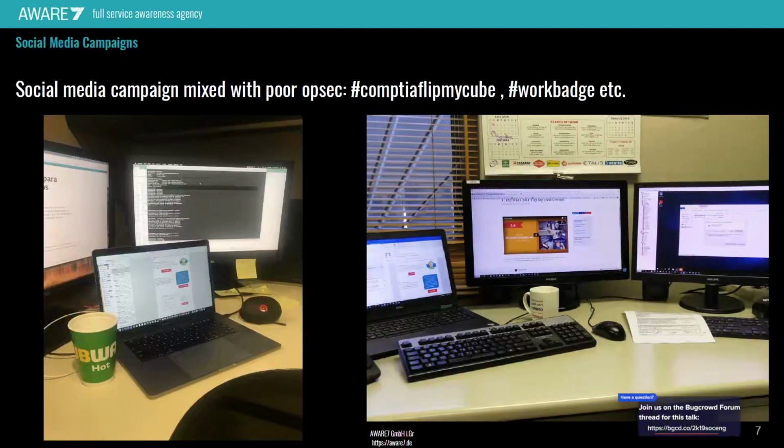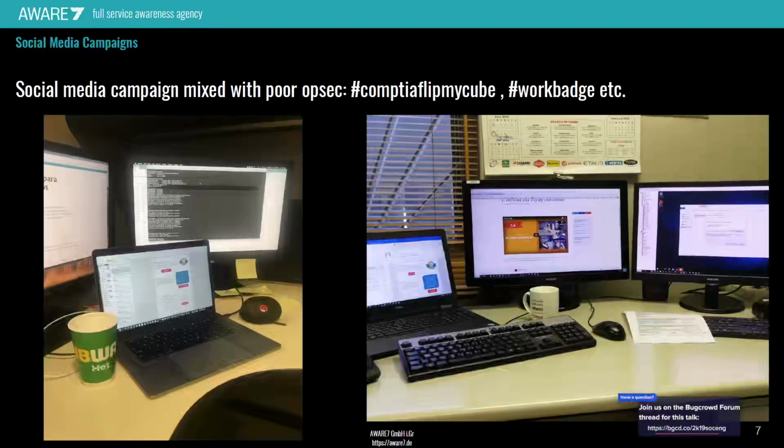And there are other hashtags that also provide valuable information. For example, if you are on site at a client and you use the hashtag work badge to find the current work badge of an employee, you can forge that with the information you get from the internet, which works well on Instagram and Twitter. So we use Twitter hashtags or Instagram hashtags, or wherever hashtags are, just to search for information. That's basically what they are for, and we use this information for attack scenarios.